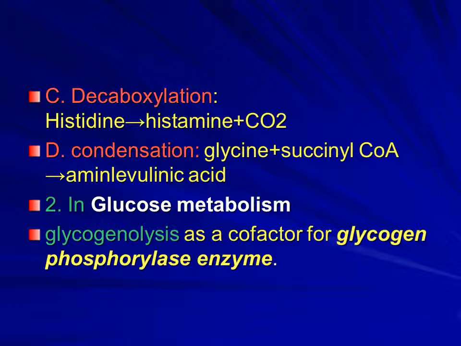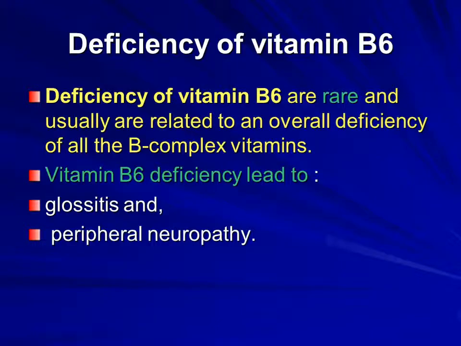For example, in glycogenolysis it works as a cofactor for the glycogen phosphorylase enzyme. The glycogen phosphorylase enzyme needs vitamin B6 as a coenzyme. Now, deficiency of vitamin B6: